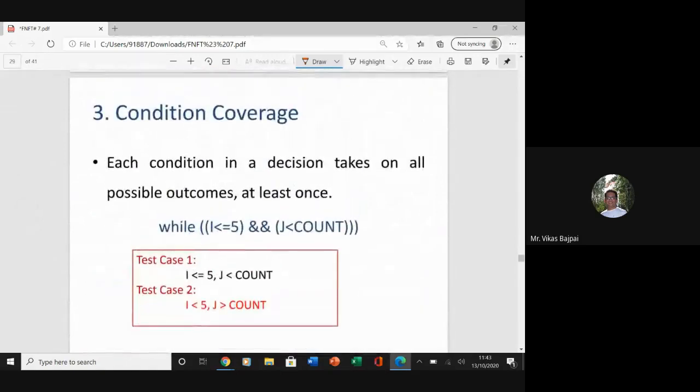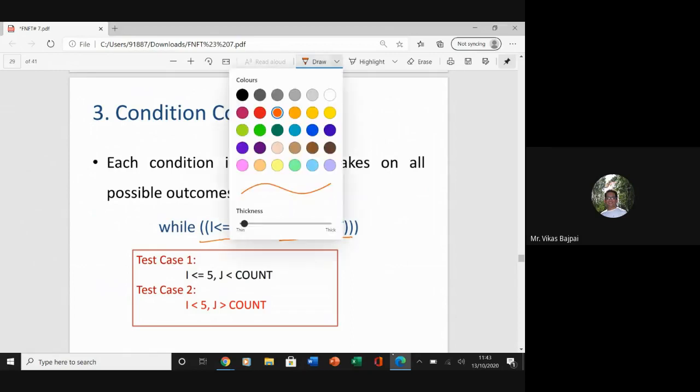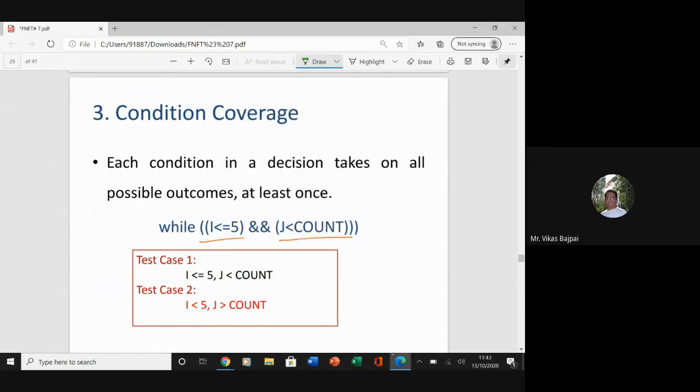In this particular part, I have a condition where multiple decisions are being taken. Let's take this particular example where i is less than or equal to 5, and j is less than or equal to count. Now here we are looking at two things, right? This is the second phase of the condition coverage.